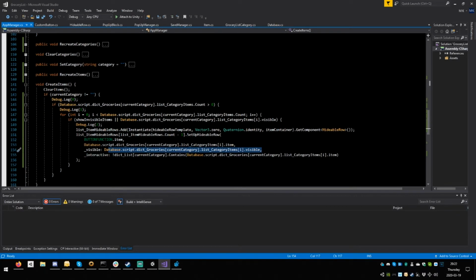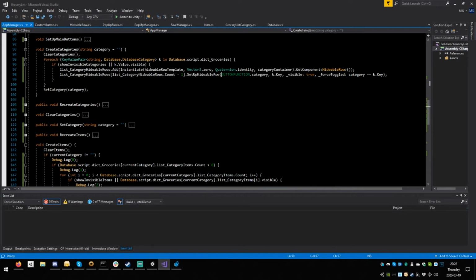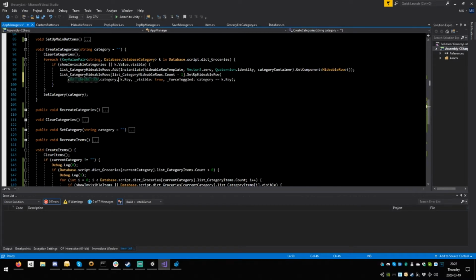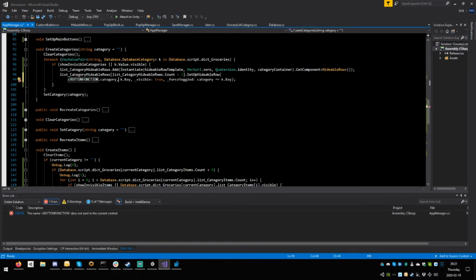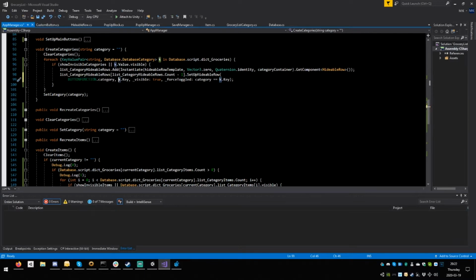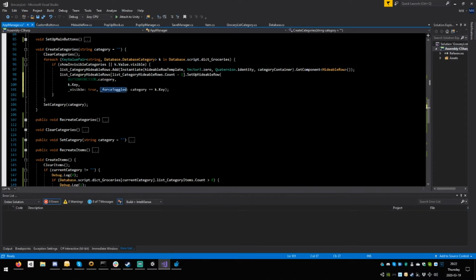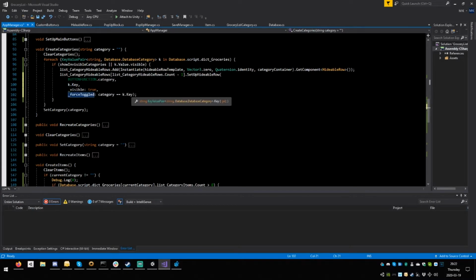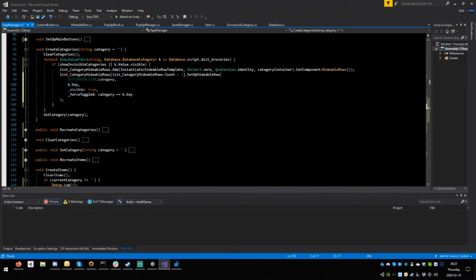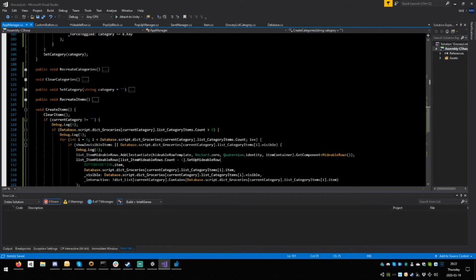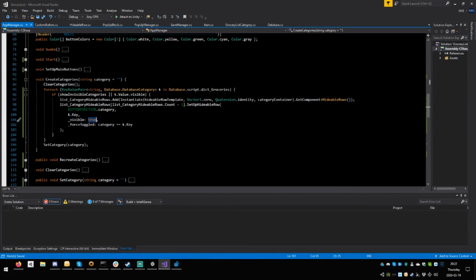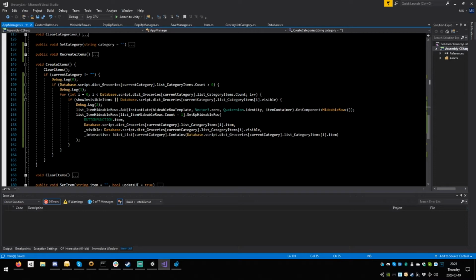This setup hideable row. That's what I want. So I want category. Wait. Don't press anything. Then I want visible. Then I want force toggle or whatever. And save. And that's the problem. Visible always says true. So this needs to be changed to